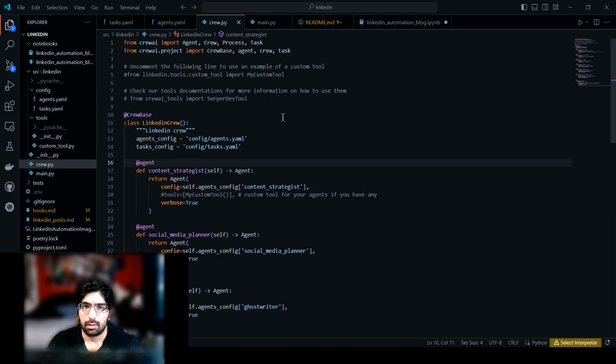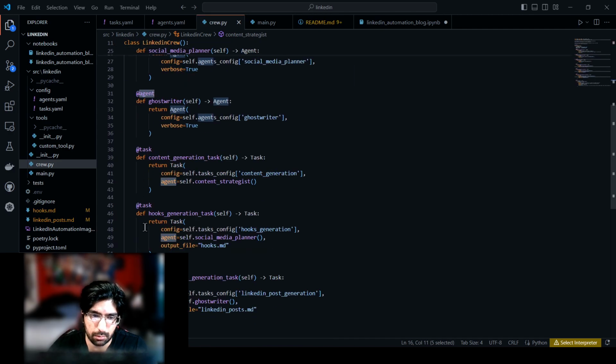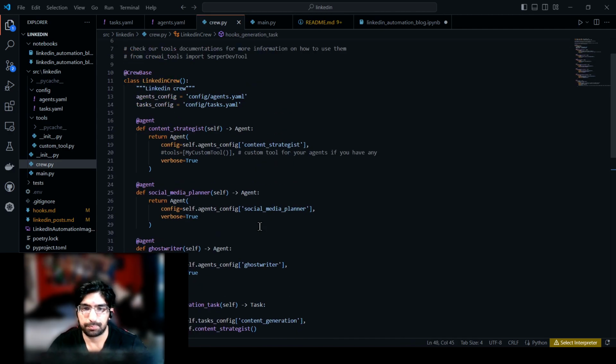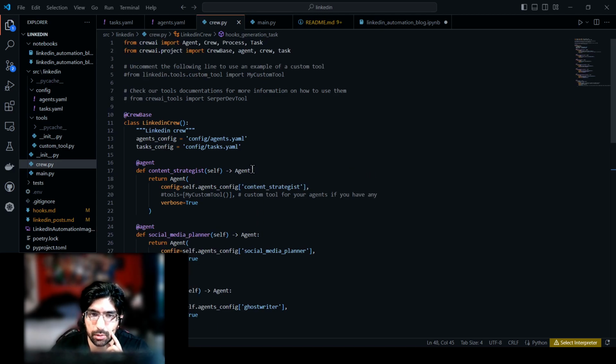Okay, and then now we get into the crew.py file. There are 3 things that I want to mention here. A lot of this code you'll get from the template. So you have your agents, and then you also will call on your tasks here. So first thing I want to say,